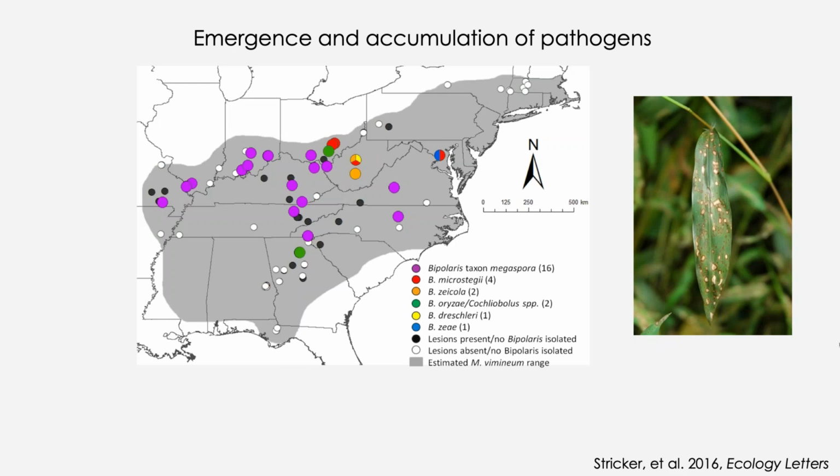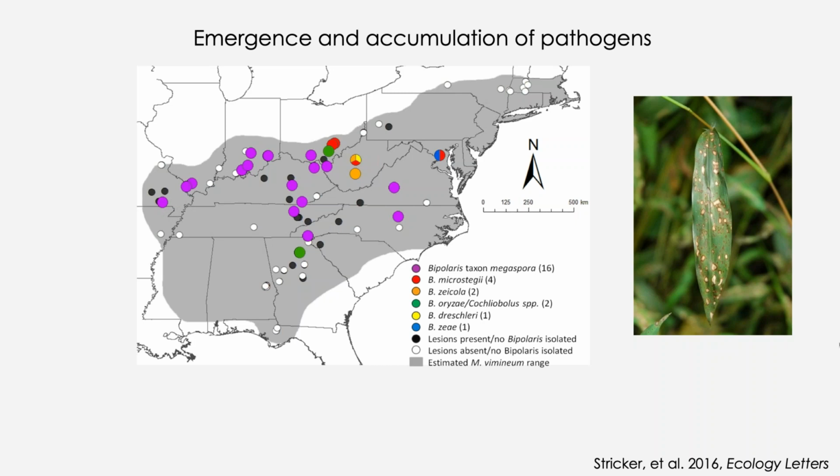And so with the first NSF grant that I had after I arrived here at University of Florida, we sought to explore whether this was happening with microcesium. The first thing we did was to go out to more than 80 sites in 18 states across the invaded range of microcesium and sample the pathogens that we found on microcesium. Most of them were from this Bipolaris genus, the most widespread of which was the one that you see represented with the purple circle there,